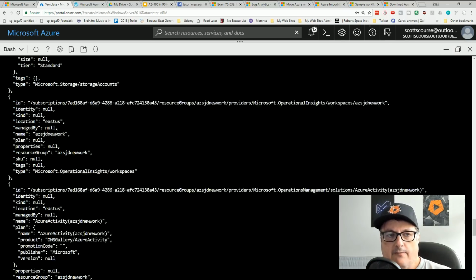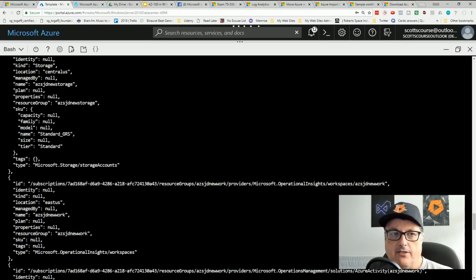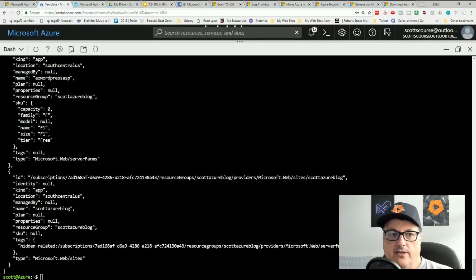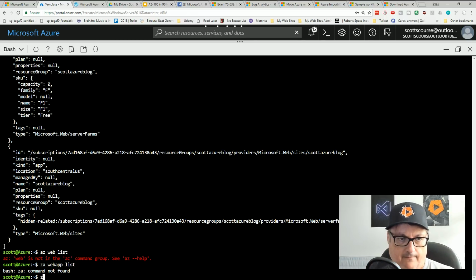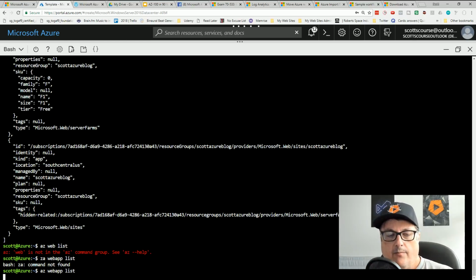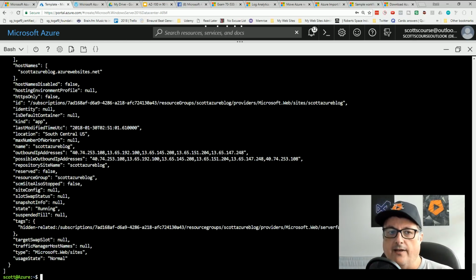So basically, being able to run Cloud Shell and then being able to do these commands. You see here, I don't even have a reference open, but I kind of have a sense of what Azure Web is, a web app, what the commands are. You can sort of guess at it even, but it's obviously important to go to a resource and look at the documentation for the command line.